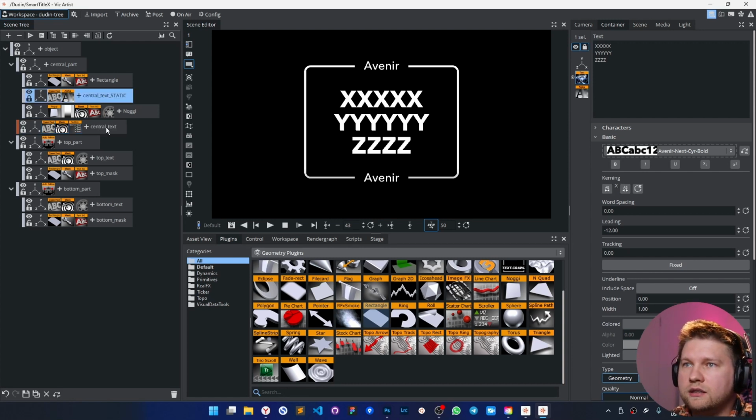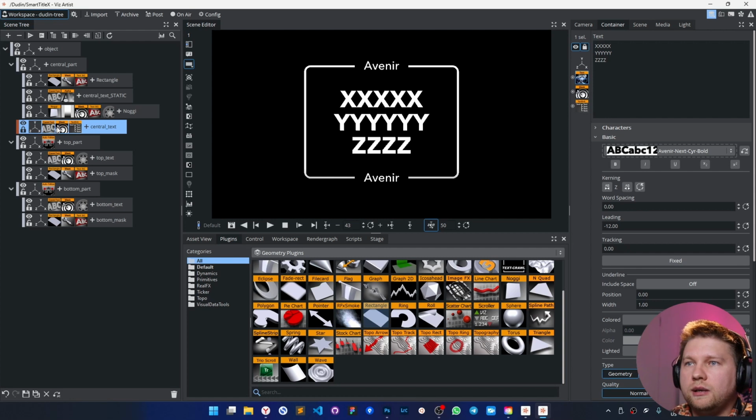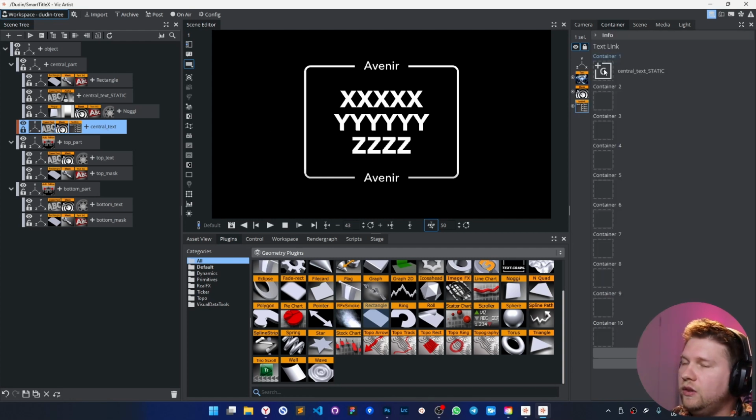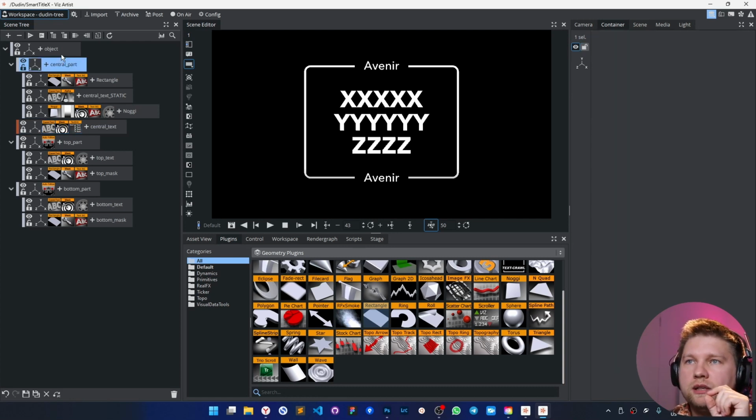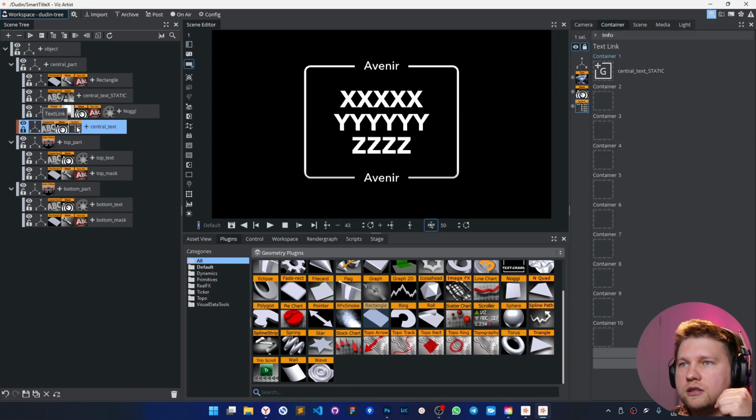This one for the size, this one for the animation. And don't worry about this non-relative connection, because this connection will be saved. It will work perfectly when you store this element in the graphic wrap, and you can put it again and again in the scene, and this connection in the text link will be restored completely as it is. So don't forget that in this case, it's fine to use non-relative connections between containers.